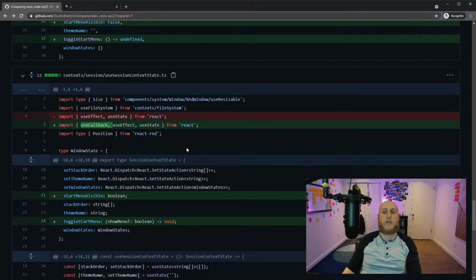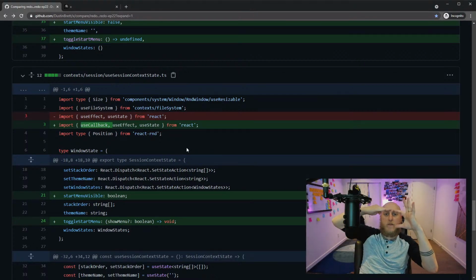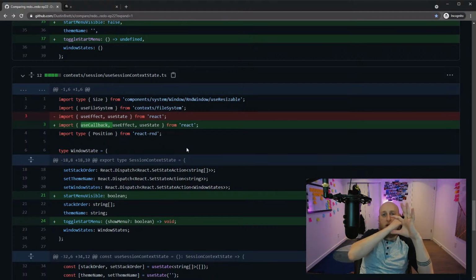So basically my logic here is that when you click the start button, I'm going to have the session keep track of whether the start menu is open. And the reason for that is because I need the start menu to be kind of outside the context of the button. It needs to be outside even the taskbar itself. And the reason for that is because the taskbar is using a blur, which only works in Chrome, by the way, the backdrop filter. But I like using it, and it works on Chrome, so great. But one thing I've noticed is you can't have multiple backdrop filters within the same context or the same parent. So the taskbar has a backdrop filter, which makes everything look blurred behind it. And then the start button is here.